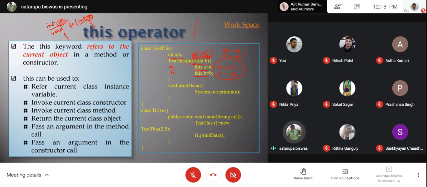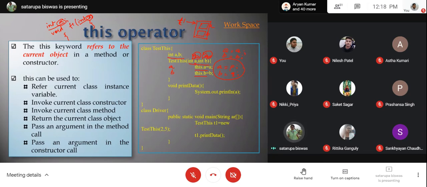So where is the memory implication done for T1, if you are creating any object T1? It will have two memory spaces for A and B, and this is basically the creation of the object which is referred by the T1 reference. So this is the memory implication of this object creation, and afterwards you are calling this test, where through this A you are sending 2, through this B you are sending 5.